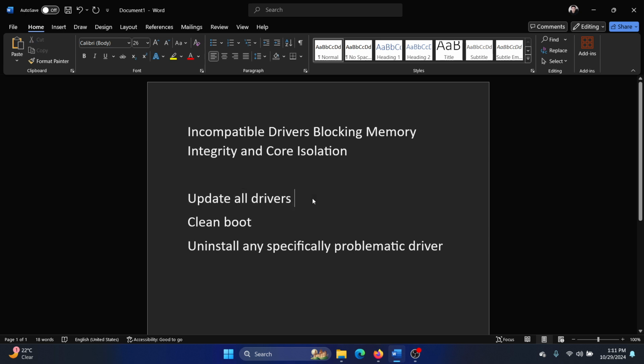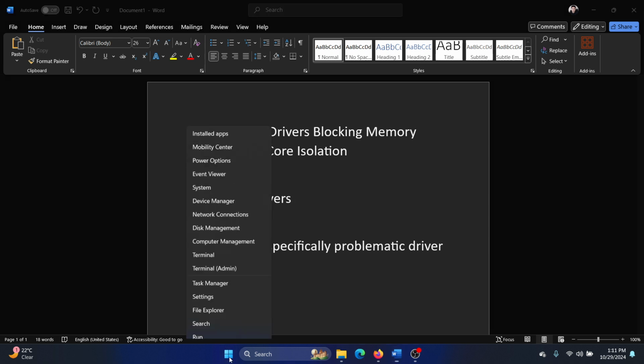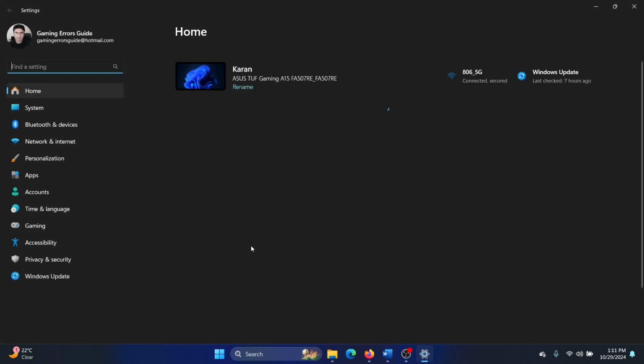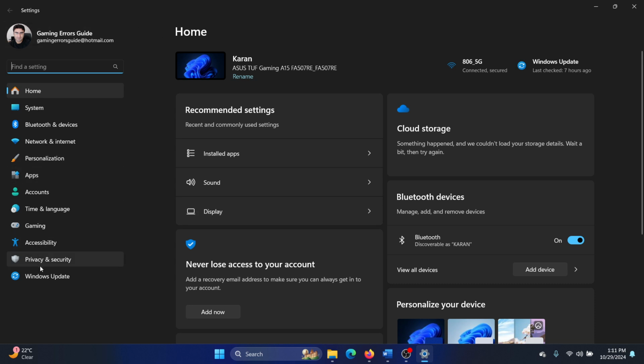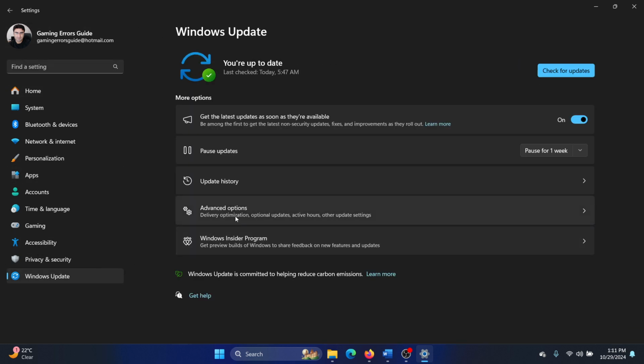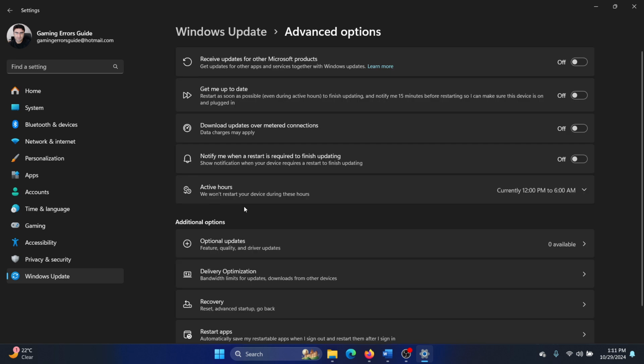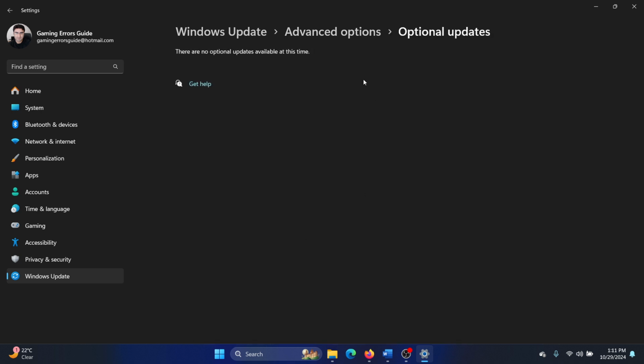The first solution is to update all the drivers at once. And how would you do that? Right click on the start button and select settings from the menu. Now go to the Windows Update tab on the list on the left hand side. Select advanced options in the right pane, and then you can select optional updates in the right pane and install